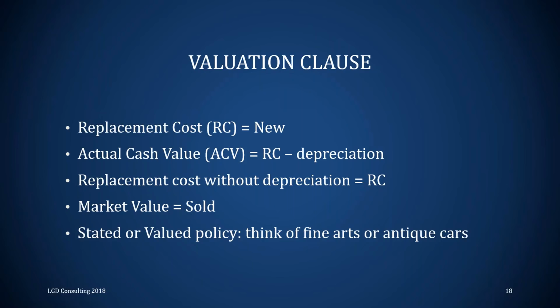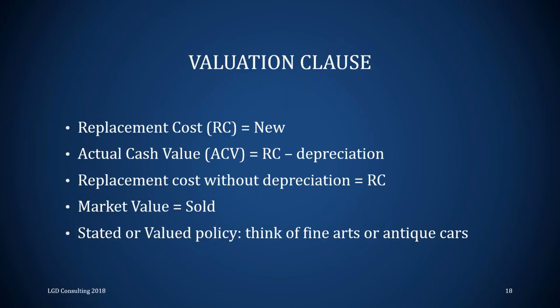Actual cash value would be taking replacement cost minus depreciation. Okay? And so that big screen TV, what does it cost brand new today, minus depreciation because you've had that TV for a couple of years. Okay? And so we kind of give you what's called the used value. And this is what we typically will do for your personal property. So we cover that house on reconstruction costs or replacement costs, but all the stuff in the house we typically cover on an actual cash value basis, like your clothes, your furniture, your pots and pans.